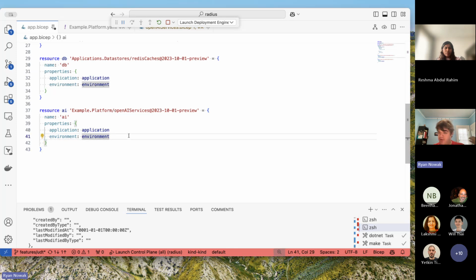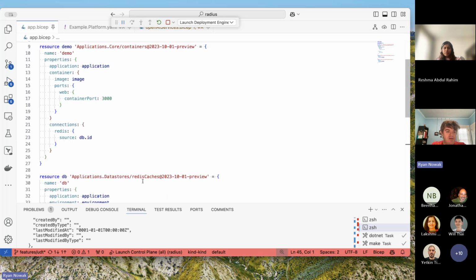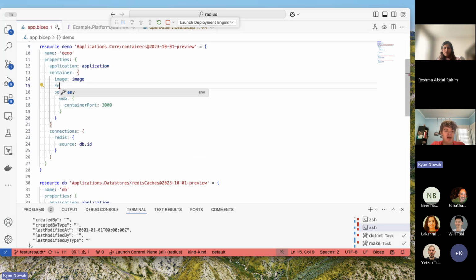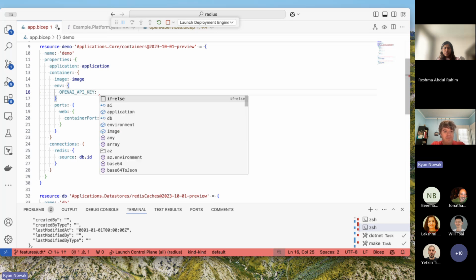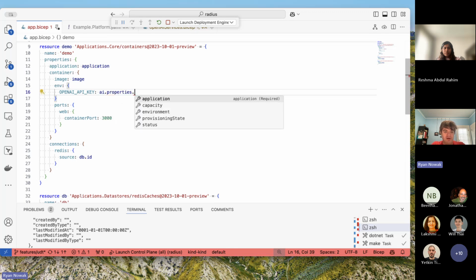I want to highlight a couple other things here just to prove to you that this is real. You can see that Copilot understands that capacity value. We can even get a tooltip for that. It looks like I moved it pretty fast. The other thing about this is that it is fully schematized. So if I wanted to do something here like, say, OpenAI API key, and get that, I can just interact with all of these properties that were in my schema. You can see the things that I'm returning from the recipe.